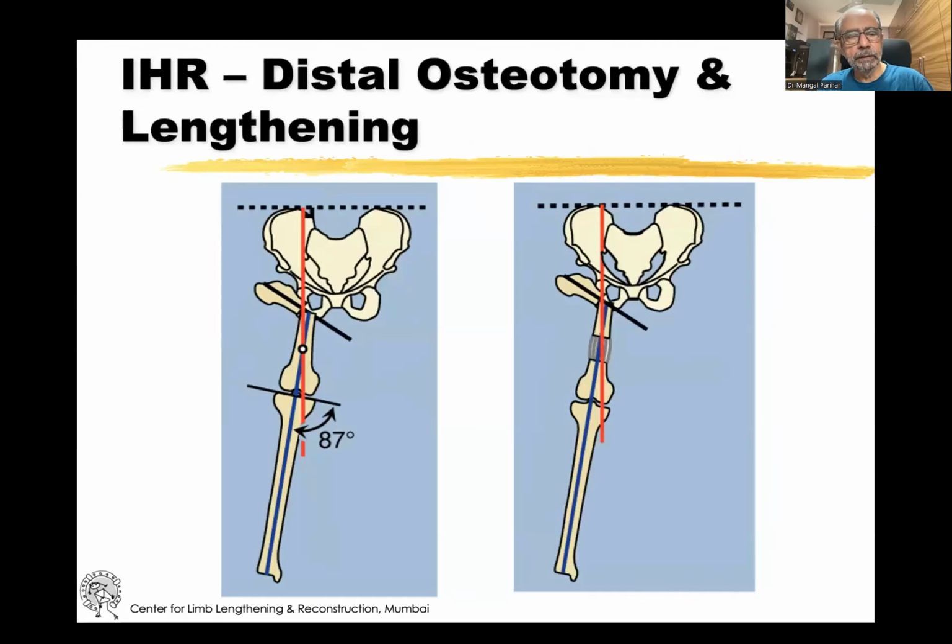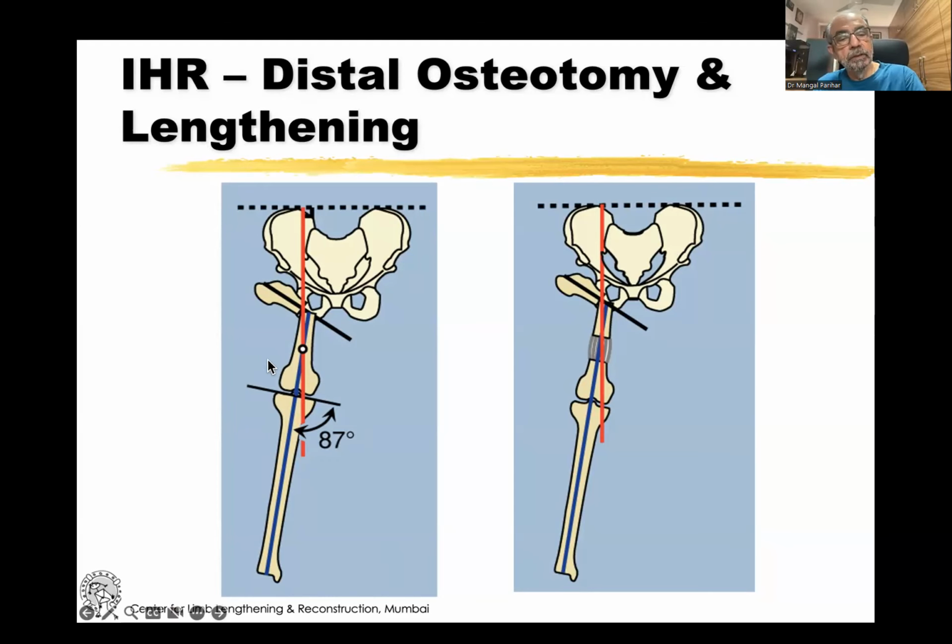And ultimately now, once the pelvis is level, then we draw this perpendicular which passes through what used to be the acetabulum. That vertical line is taken as the proximal axis, and the axis of the tibia continued into the femur is taken as the distal axis. Now, if you have significant abnormalities in the distal femur, like a valgus, which I have not seen, you will have to factor that in.